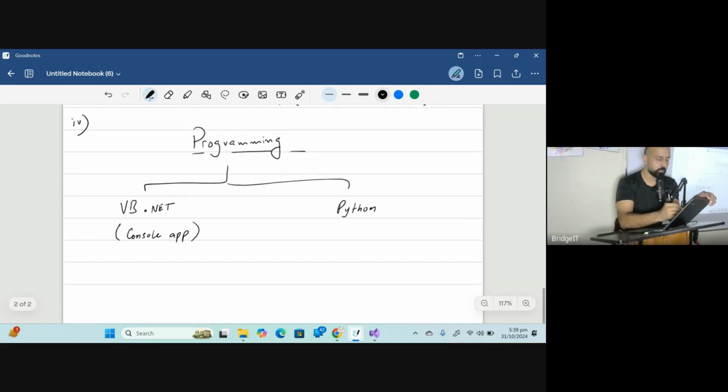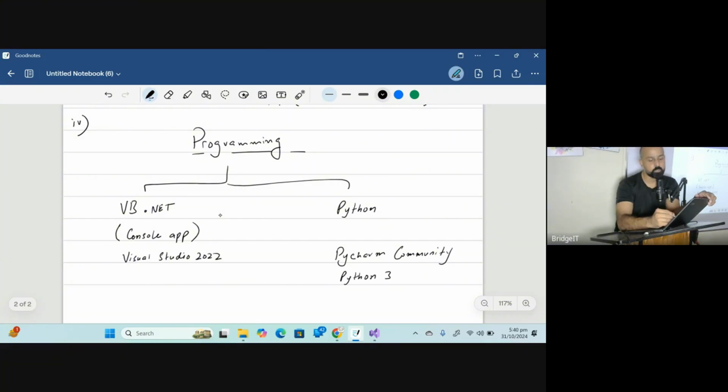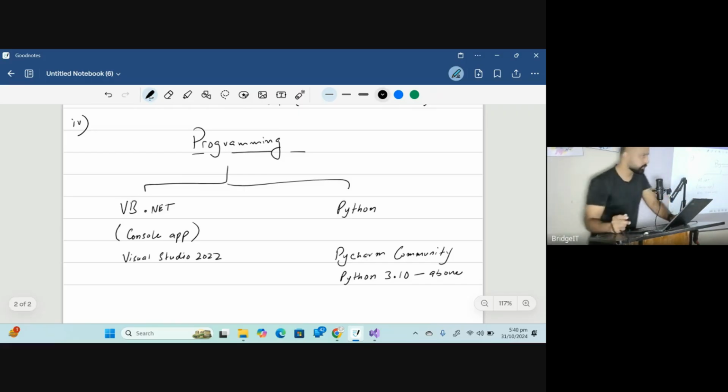In this, we will be using Visual Studio 2022. And here we will be using PyCharm Community Edition, which is free of cost, along with the Python compiler 3.10 or above, 3.11, 3.12, 3.13, something like that. So these are the things that we will be using.